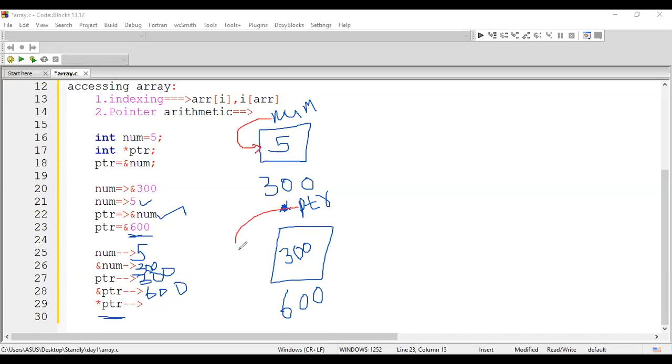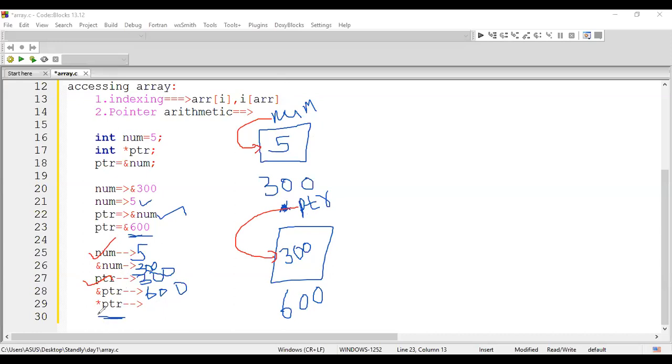If I say PTR, whatever is present inside this is printed. So this statement is fine and this statement is fine. When you use the ampersand, we know that the address of the particular variable is going to be printed. Whenever we use ampersand of a variable name, the address of it is printed.